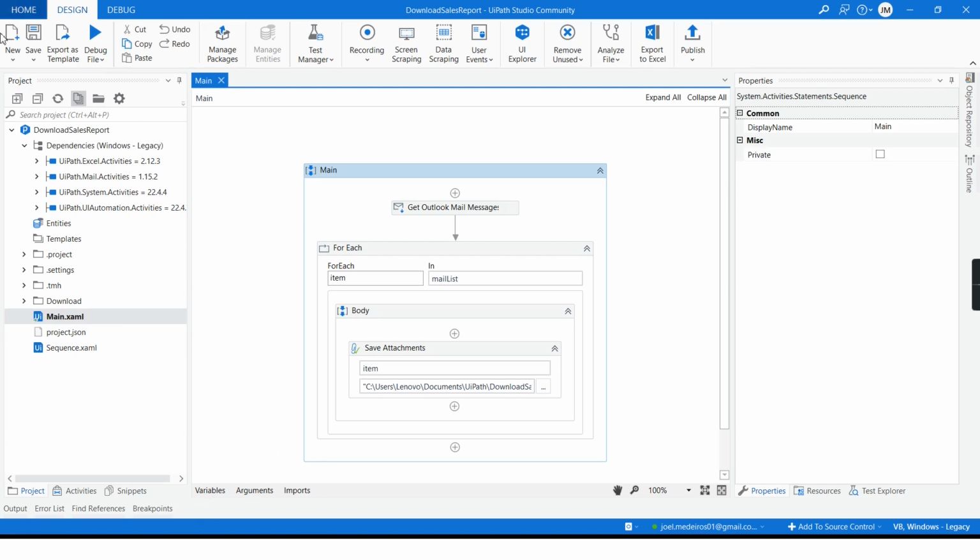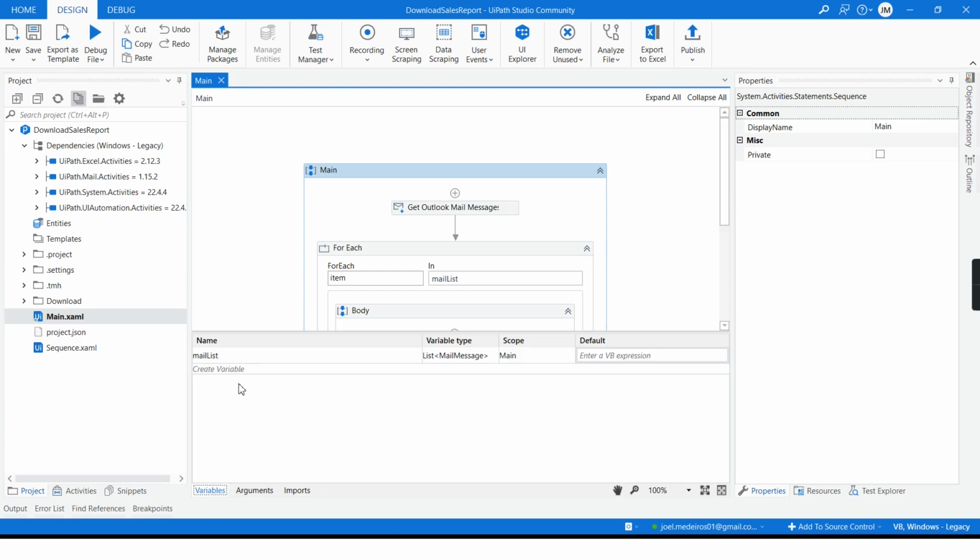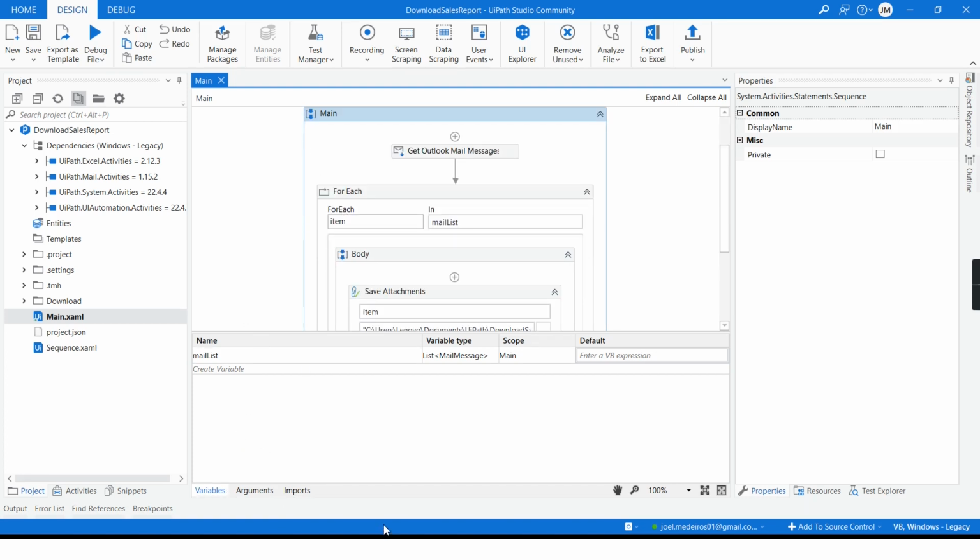Here I am already inside of UiPath Studio. I have this panel here, this option that pops up with the variable list. This list is going to vary from automation to automation, from process to process, and also depending on the scope. See here, the third column is the scope.